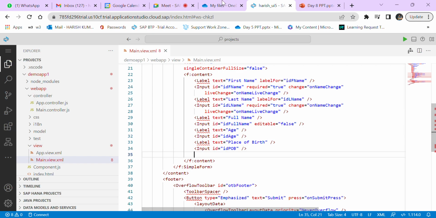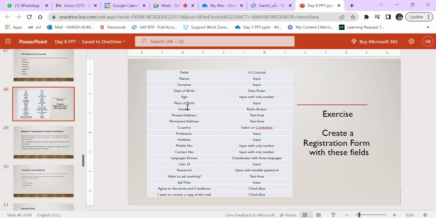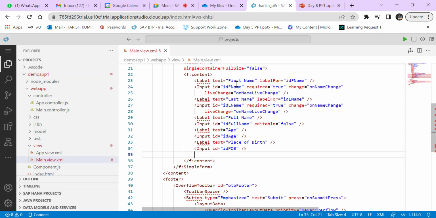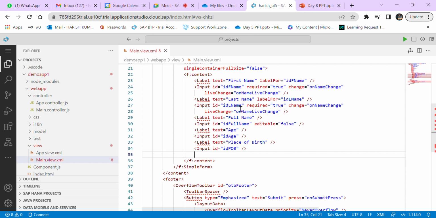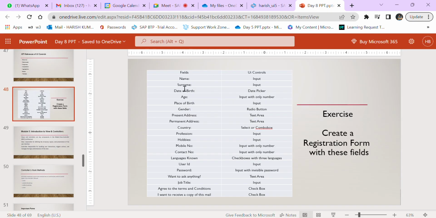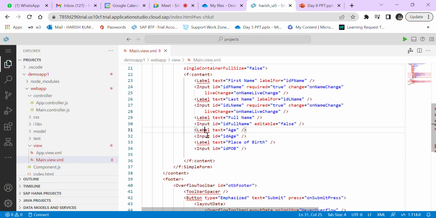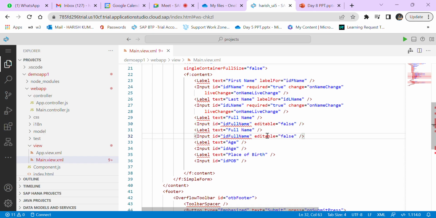exercise. What is the next one after the place of birth? How many have we done? First name, last name, full name, age, place of birth, surname, date of birth, age. One, two. Okay, we didn't give the first name and last name, full name. After full name, surname is also there. Okay, we'll ignore that. Date of birth, we didn't give. For date of birth, what do we need to use? We need to use the